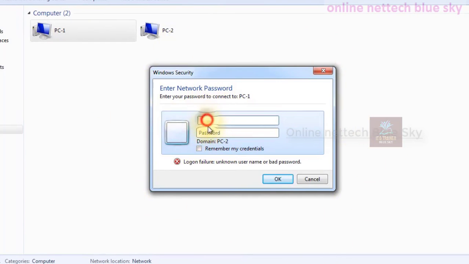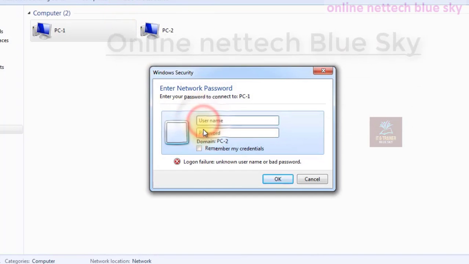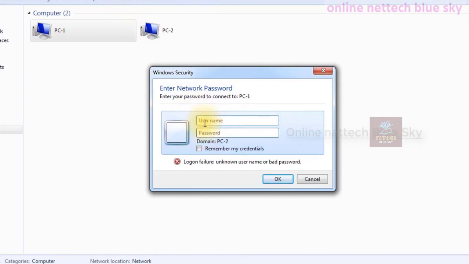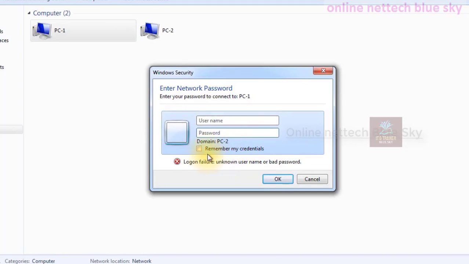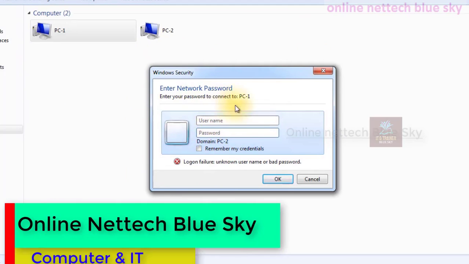So that is my username and password, that means I enter my username and password for the other computer, so I can receive the file that is already shared. That is used for my computer and the administrator username or any name of the computer.